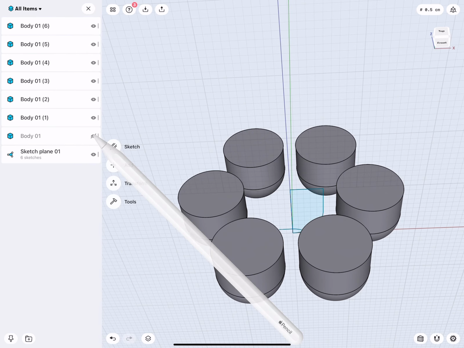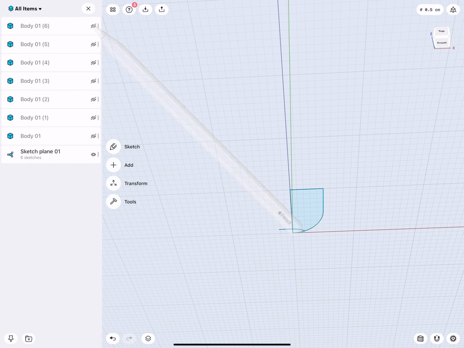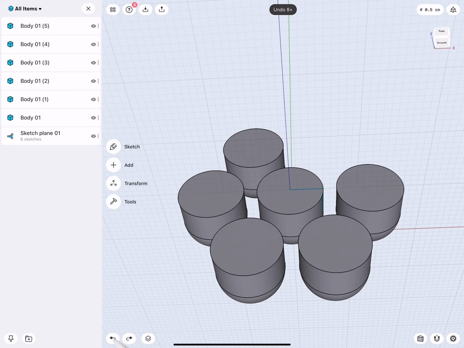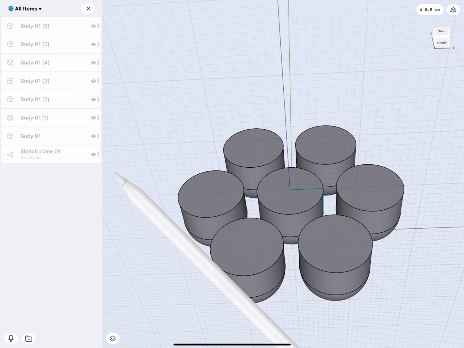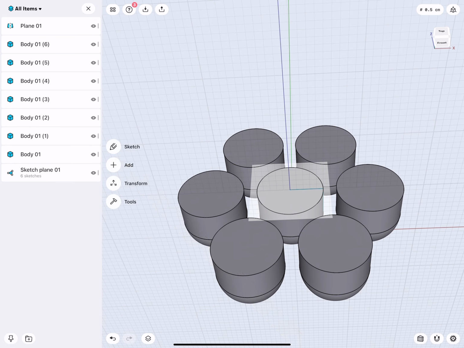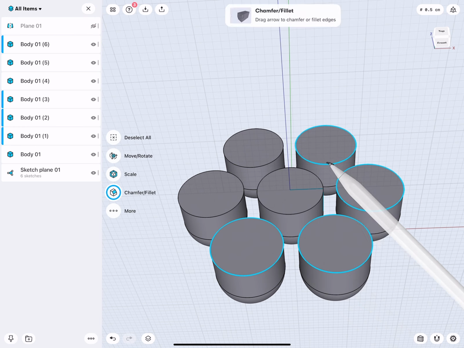Does this really work? No, you see, no, it didn't really do what we wanted. So what we will do actually instead is we will go to Add Construction Plane, select this face, go Next, and simply click Done. Now we created a construction plane into which we can project. So 1, 2, 3, 4, 5, 6.